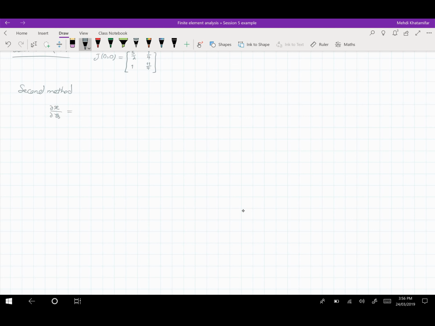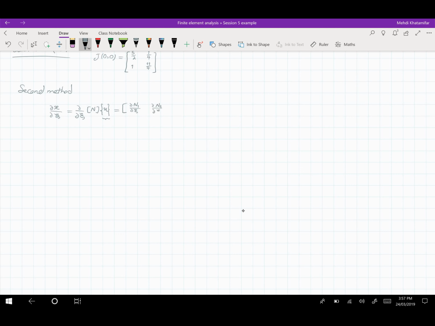And when we say x, we know that x is n times the nodal vector x. I said we're not going to find the derivative of x, because these x values are constant numbers, so we are only going to find the derivative of n. So basically this is the derivative of n1 over psi,